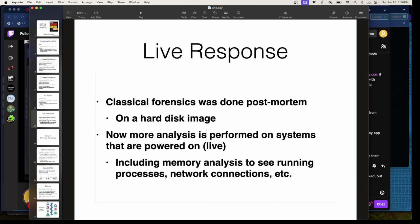But in live forensics, you do something much sloppier. You have a running machine with the power on, with processes running, with network traffic. You now add more software to that machine, and you run commands on that machine, and you take information from it, like a list of running processes, list of files, list of users, things like that. So you are actually modifying that machine while you're collecting the data. This seemed sloppy and improper and unacceptable to old-fashioned computer forensic people, but they just needed to grow up, because